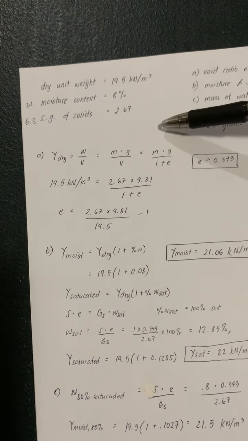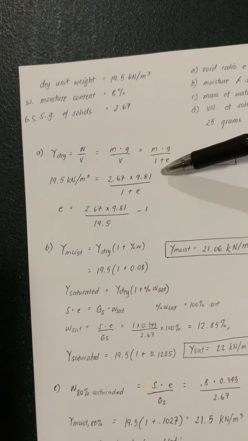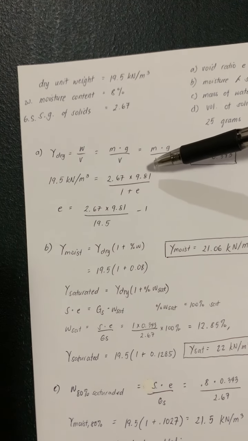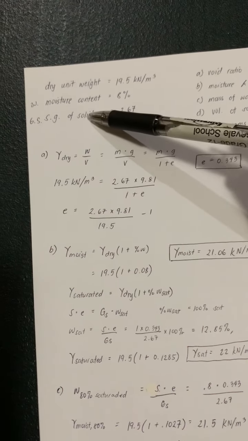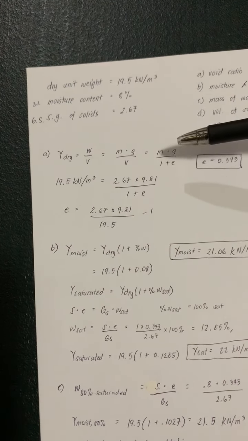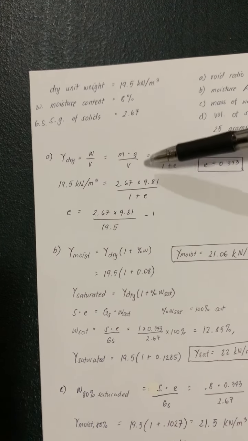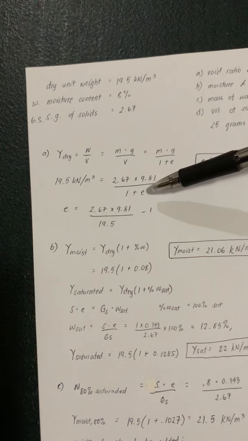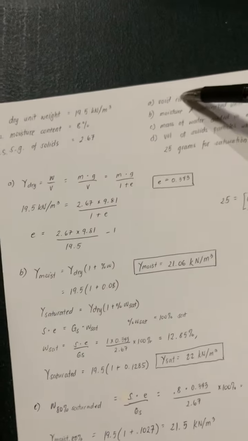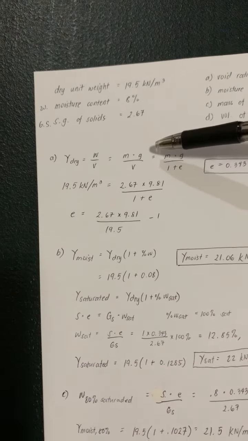And since we know that weight is mass times gravity, so that's 9.81 times the GS of solid, 2.6. I substituted that for the mass. And we were looking for e, which is the void ratio, so I did that, and then I got e equals